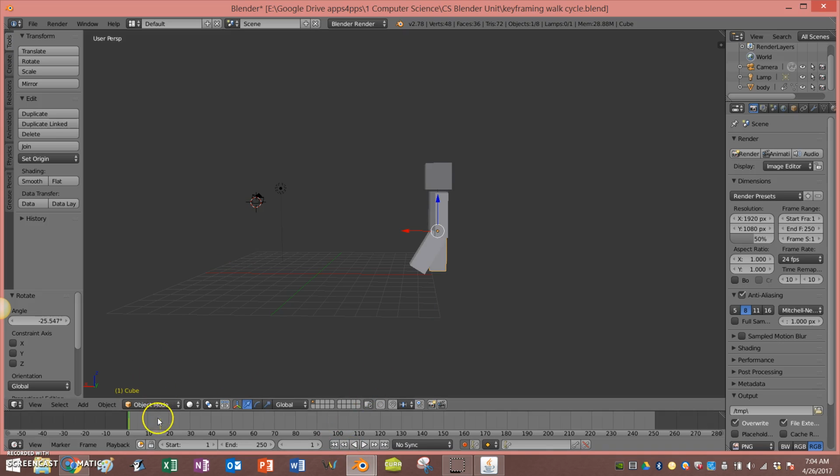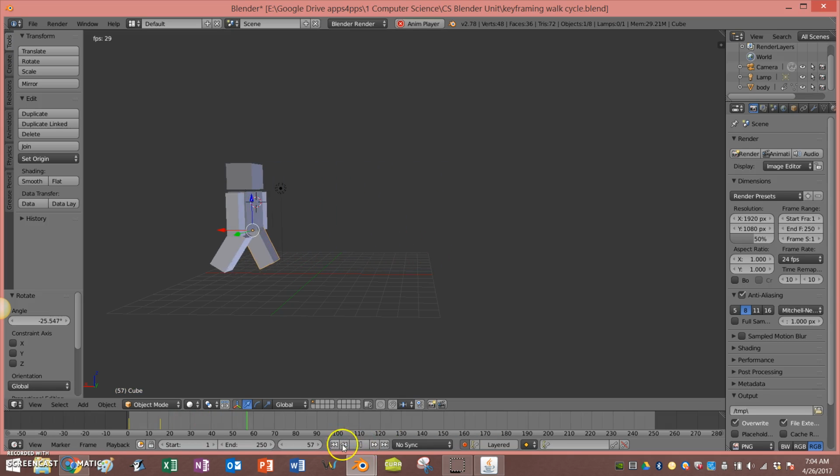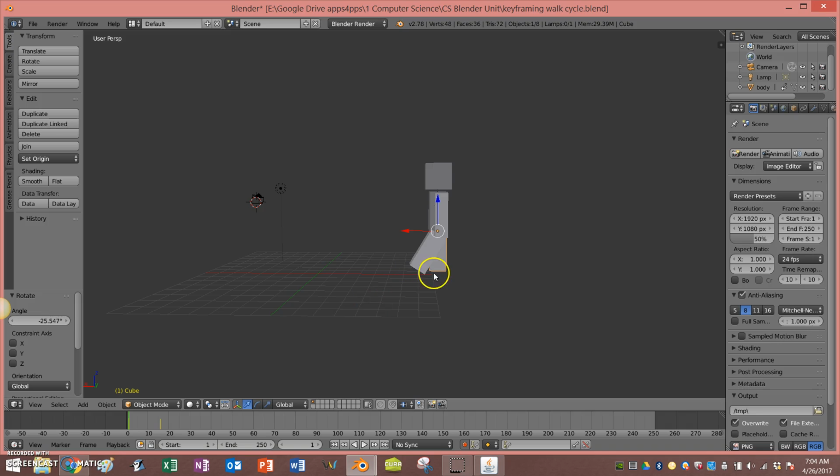So then I also want this leg to start, like put that foot down on the ground and then let the body move on. So if I think about what that would look like, I'm going to go ahead and move that guy about here. I'll have him put his foot down maybe a little bit before. I'll start having him